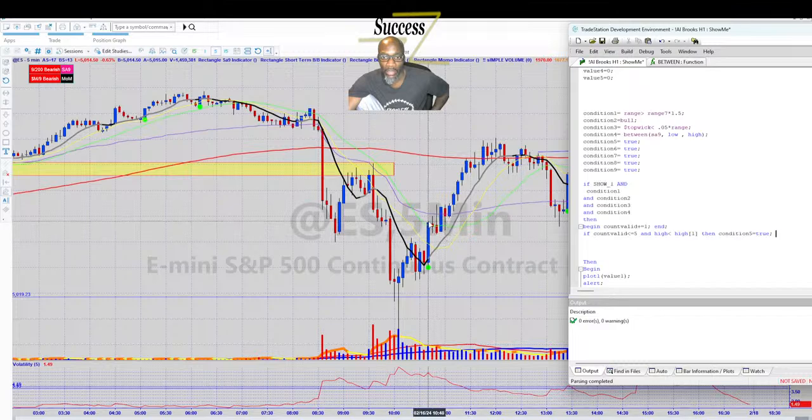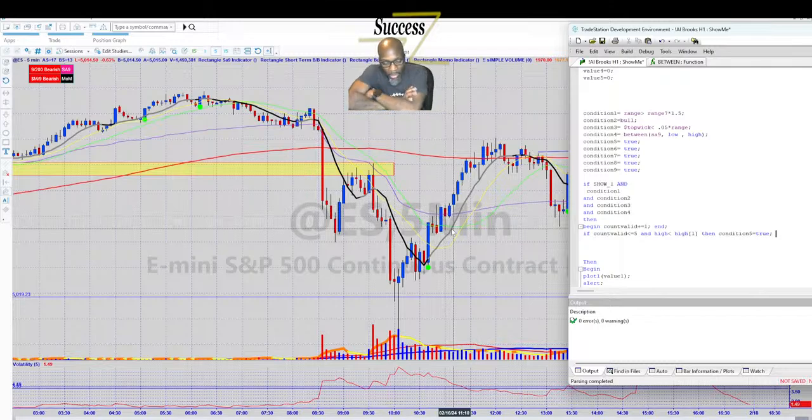Technically, once we start getting lower highs, we cannot then get a lower low. Okay, so this is more complicated than I thought, which is good because I don't want it to be too easy. I really don't. All right, so count valid is less than or equal to 5, and high is less than